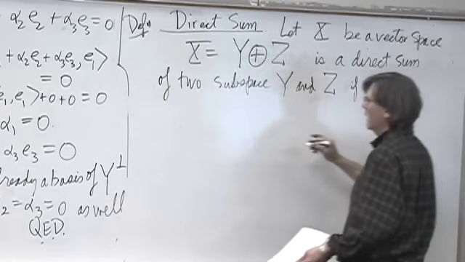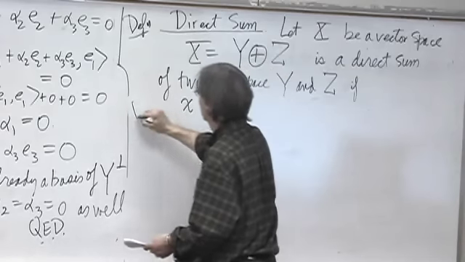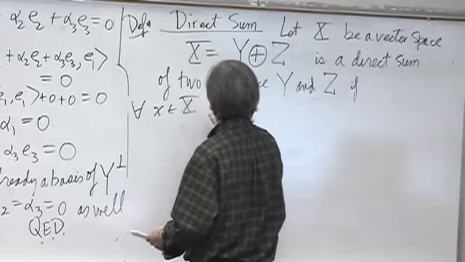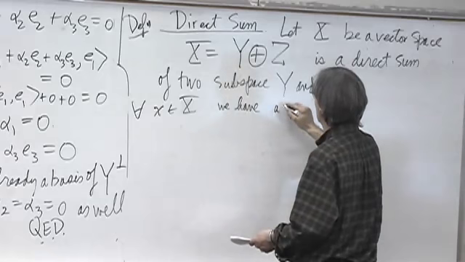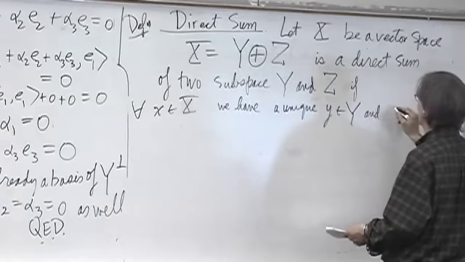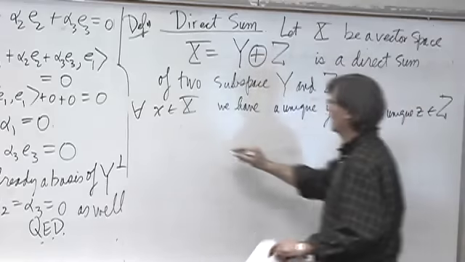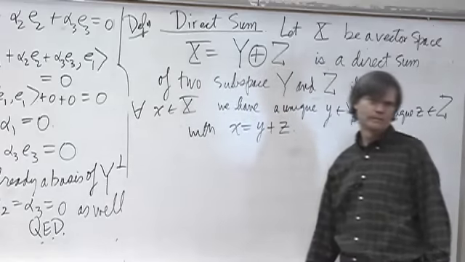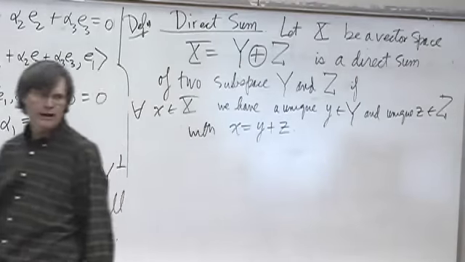If for every X in the space we have a unique Y in capital Y and a unique Z in capital Z with X written out as Y plus Z. Okay. And for the orthogonal case, in the above example,